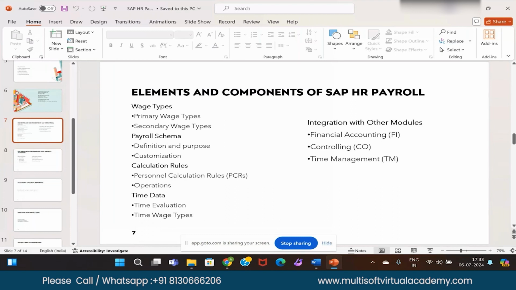So the system will run payroll automatically and it will produce results for you on the SAP screen, where either errors will be there or the payroll will run successfully.